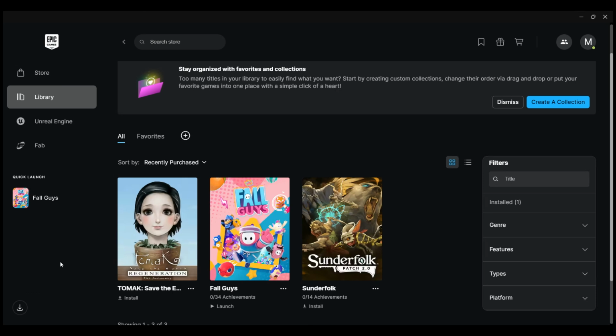Next, if your goal is to move console connections, such as Xbox or PlayStation, that part works differently. You can unlink a console account from one Epic Games account and then link it to a different Epic account. To do this, go to the Epic Games website and sign in to the account currently connected to your console. Open your account settings, find the Connection section, and select the Accounts tab. From there, locate your console platform, such as Xbox, PlayStation, or Nintendo, and choose the option to disconnect or unlink